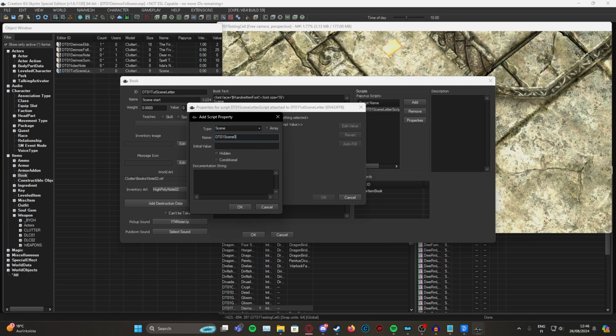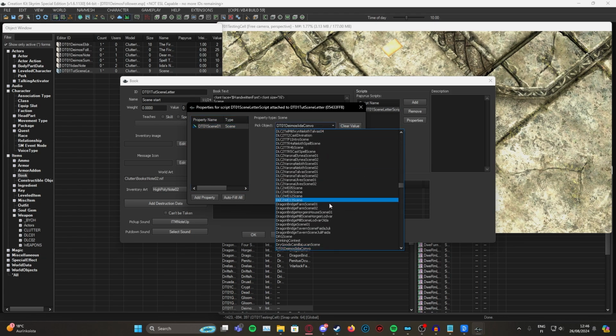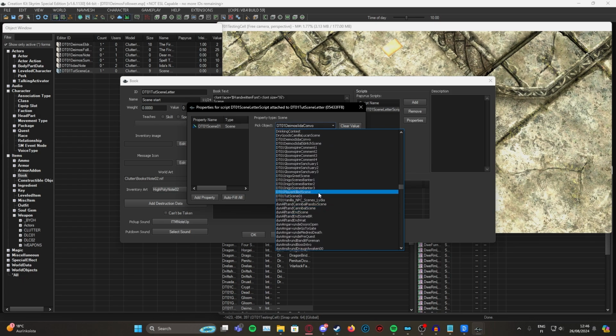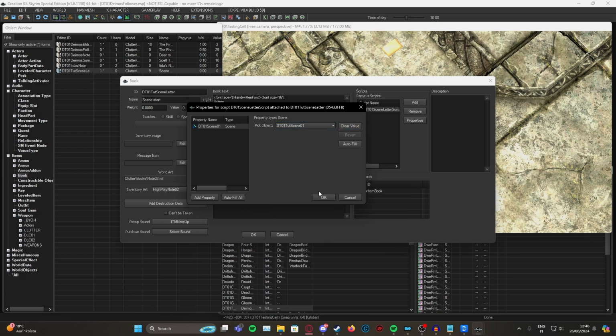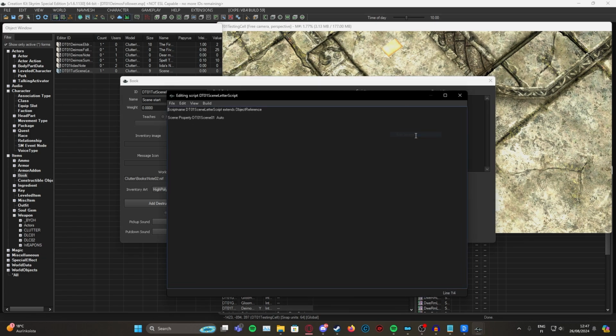DT01 scene 01. It doesn't matter what you type there. You can type exactly what it was, but you can just edit the value here. I have a lot of scenes here already, but tutorial scene 01, here it is. DT01 scene 01, tutorial scene 01. And now we can open the source